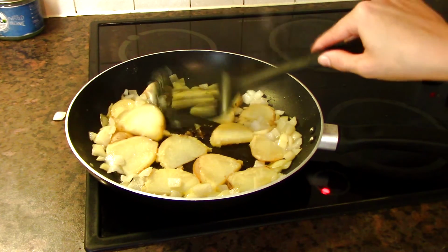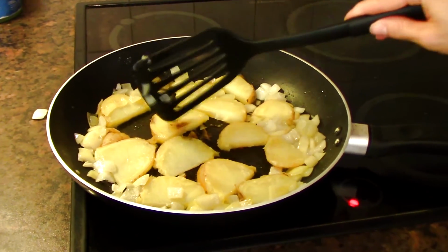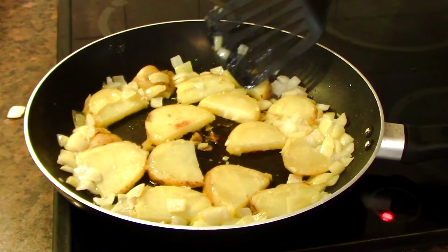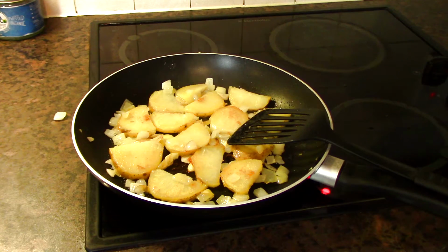We'll flip one over and see if it's done. Yeah, oh, it looks great. So we've just got a little brown bit there, so that's caramelization. So it'll just make them nice and crispy. So when the potatoes are nearly done, we're going to turn down the heat just a little bit, and we're